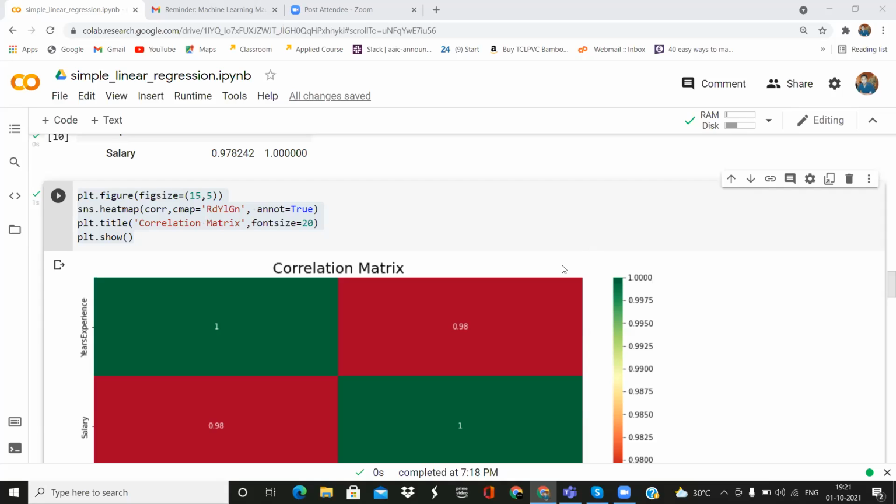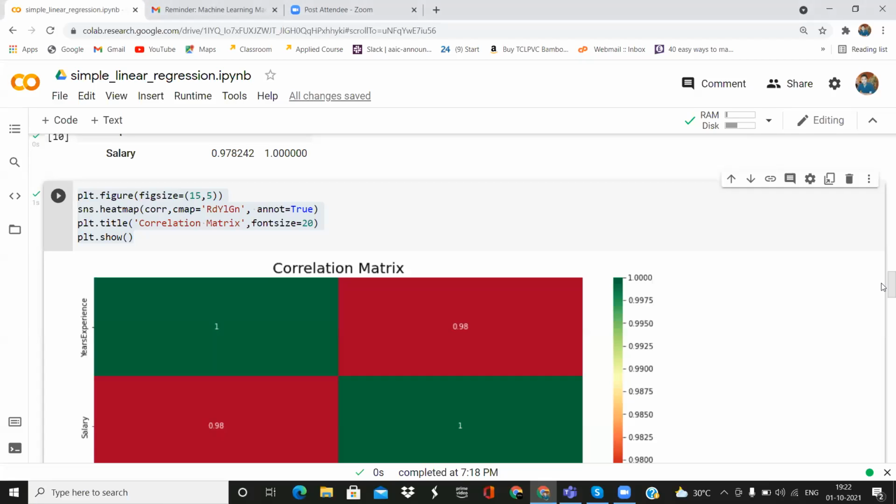Srishti, which part have you missed? Can you tell me? Do you need me to scroll up? Yes, Padmini.